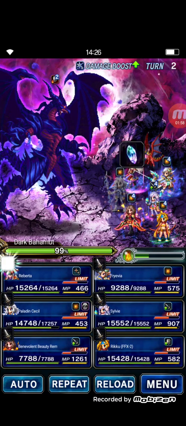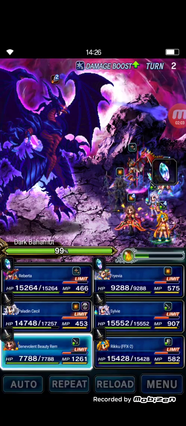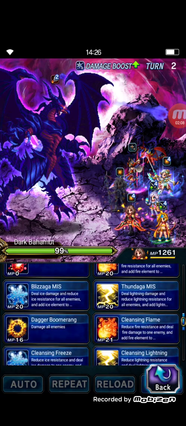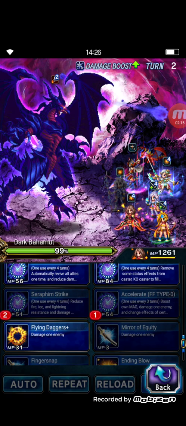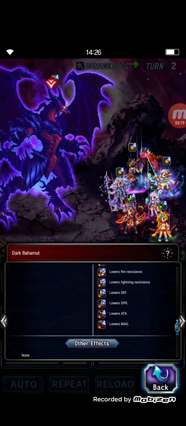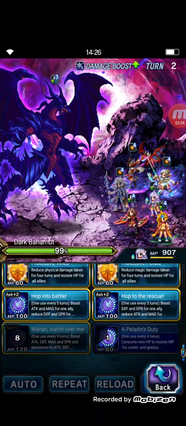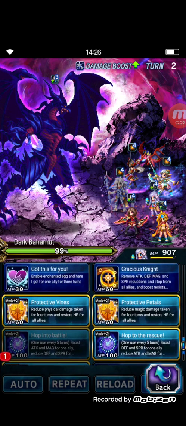Triple Ice Breath, Saber Mastery, Triple Freezing Tempest 2, and Triple Spell, Accelerate, Debuff, and Flying Dagger Plus Plus. So we need to break it, already being broken. So for Sylvie, to make a better attack magic buff to Ram, and then